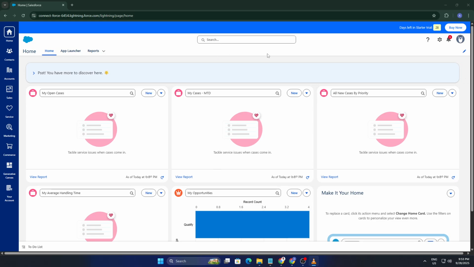Ever wondered how to set up a brand new user in Salesforce the right way? Whether you're an admin onboarding teammates or expanding your org, knowing how to do this correctly saves time and prevents access headaches. Today, I'll walk you through a polished, step-by-step guide to creating a Salesforce user in 2025, fast, clean,